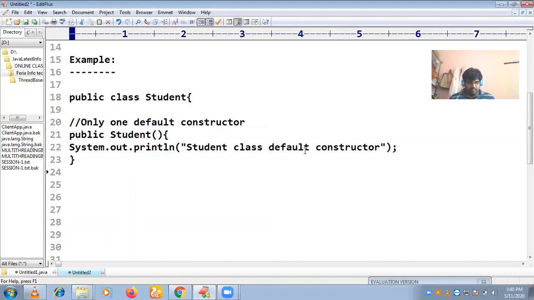Next, I am going to create a parameterizable constructor. How can this class contain a parameterizable constructor?